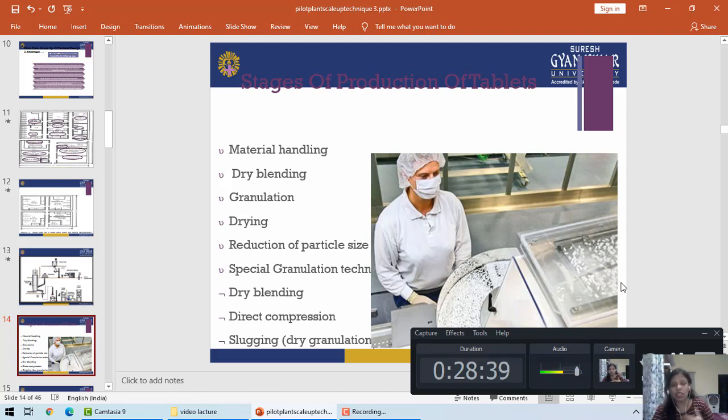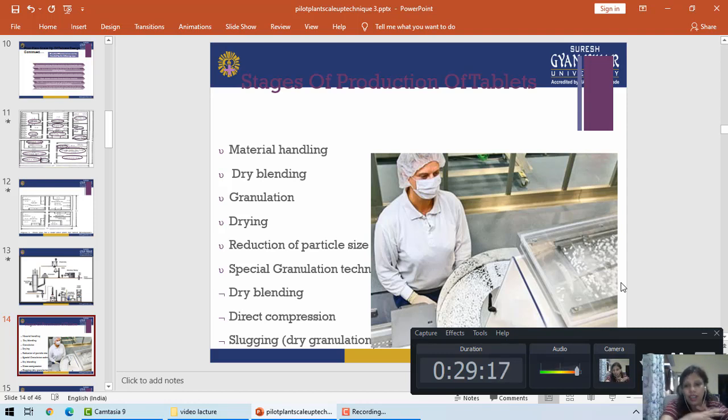Then granulation. In granulation we need to add some granulating agent like liquid. In most cases it may be water, it may be IPA, so you have to add it and make the granules by using a granulator. In case of R&D, we just make a dough, knead it, and then pass it through the proper number of sieves so that we can get the granules. But on a large scale we should have a granulator, so we should keep it into the granulator.